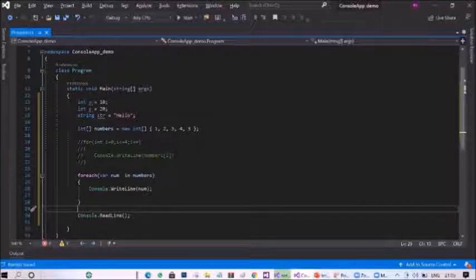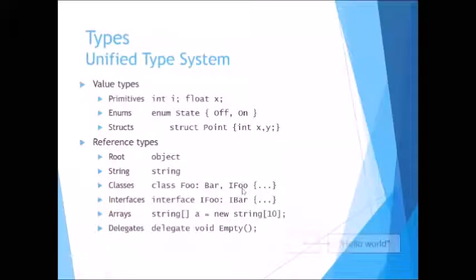Okay, now again back to our types, unified types. Primitives are int, float, and so on, and enums. Struct Point with X, Y, Z, we can give like that.